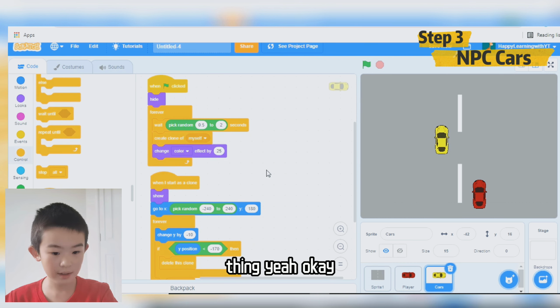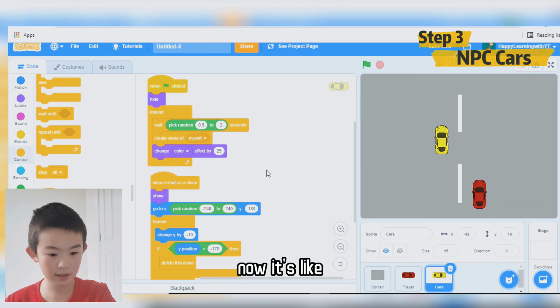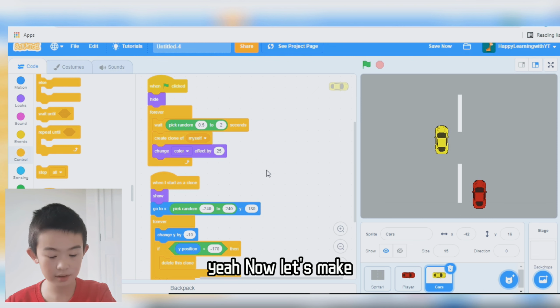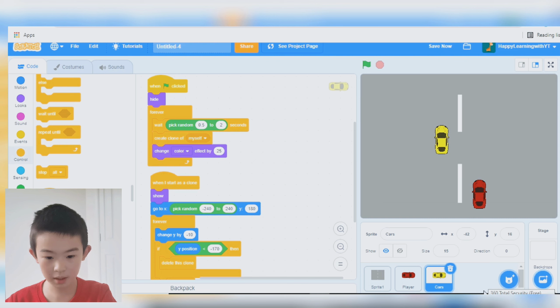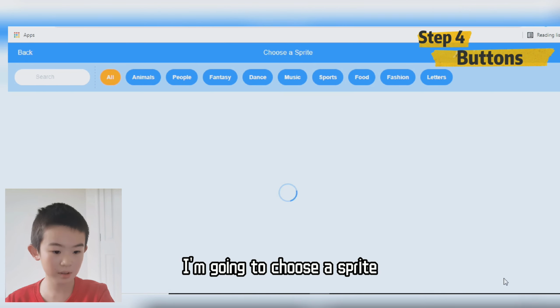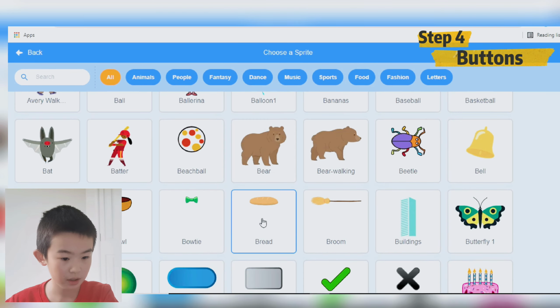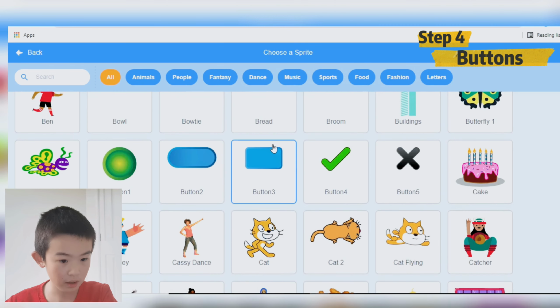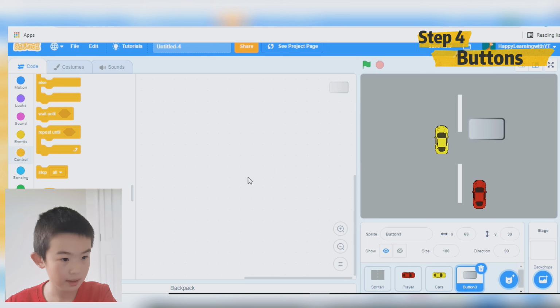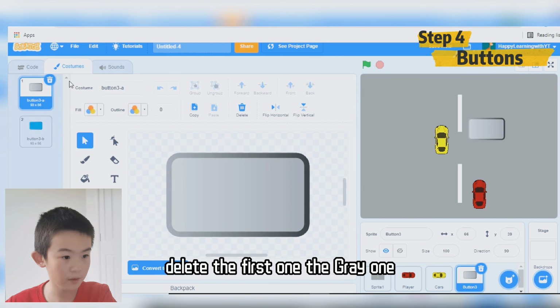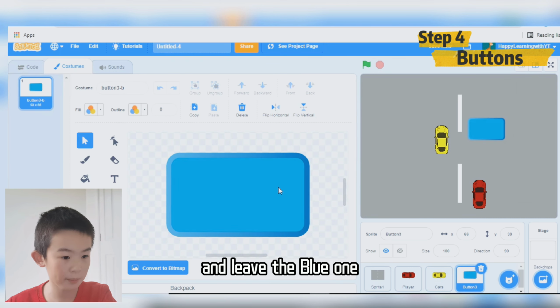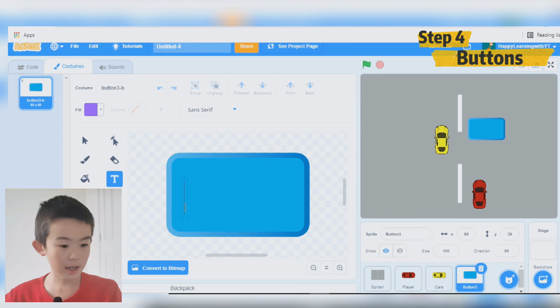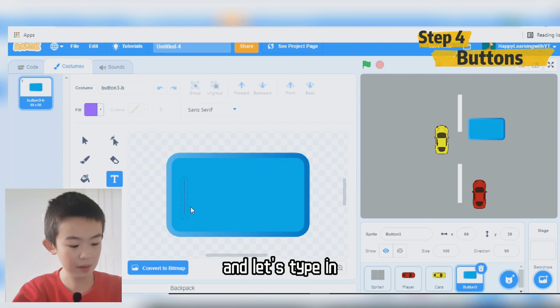Okay, now let's make a button. We're going to choose a sprite because there's a button in it. Button 1, button 2, button 3. I'll choose button 3. Go to its costumes, I'll delete the first one, the grey one, and leave the blue one, colourful. And then click T and let's type in